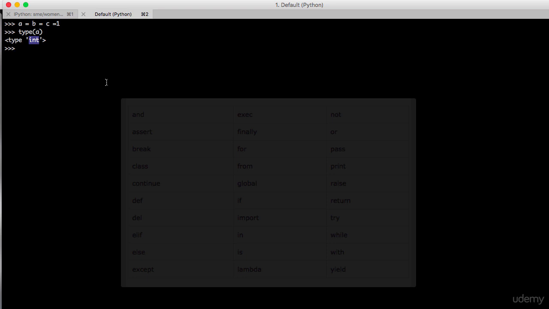And also you can perform some arithmetic operations on the above variables if you would like to. For example, create an integer variable.